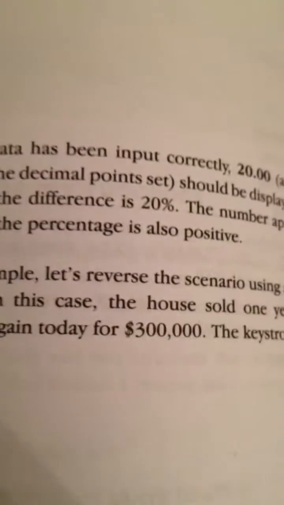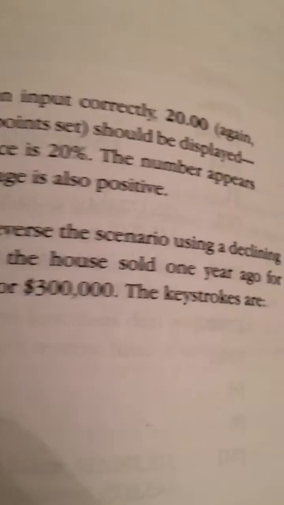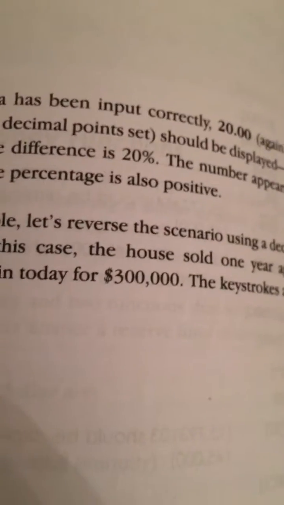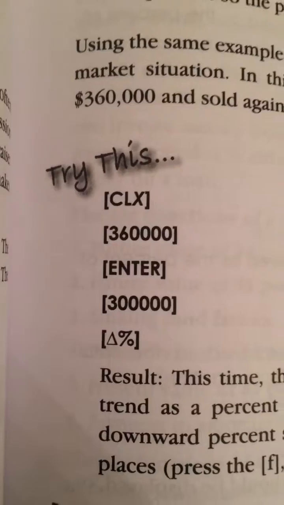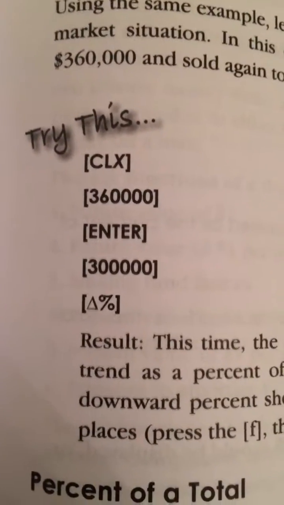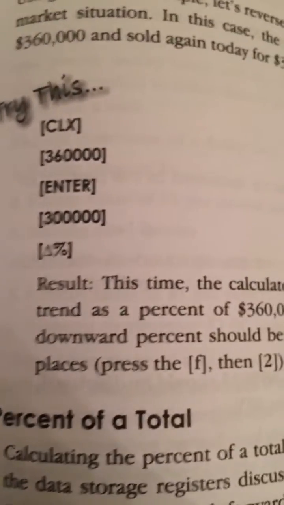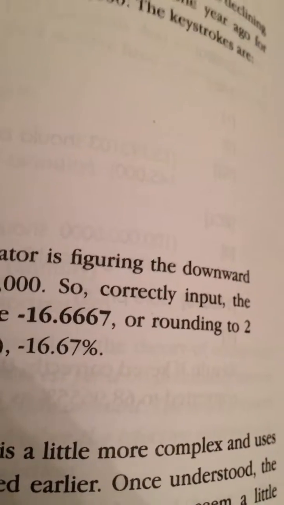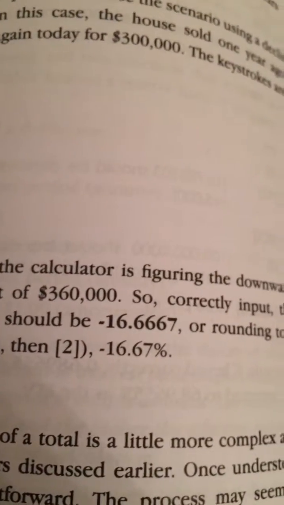Using the same example, let's reverse the scenarios using a declining market situation. In this case, the house sold 1 year ago for $360,000 and sold again today for $300,000. The keystrokes are, try this, CLX, 360,000, enter, 300,000, triangle percent button. Result. This time, the calculator is figuring the downward trend as a percent of $360,000. So, correctly input, the downward percent should be negative